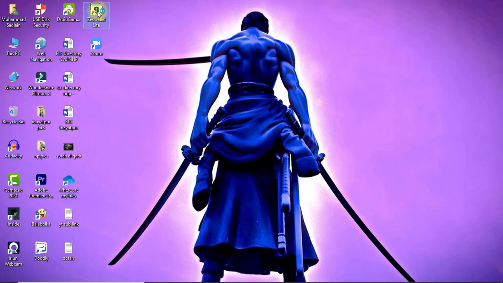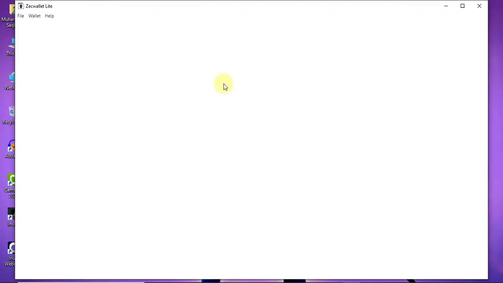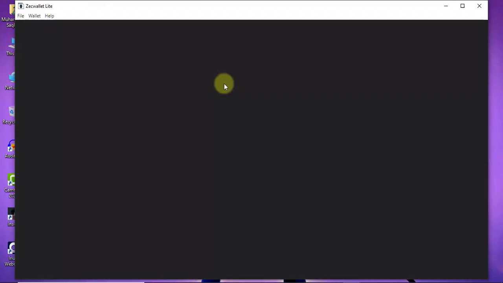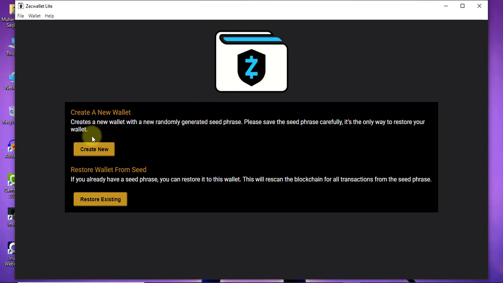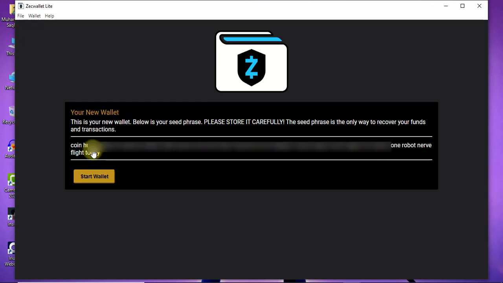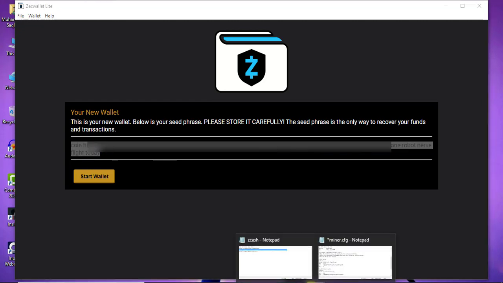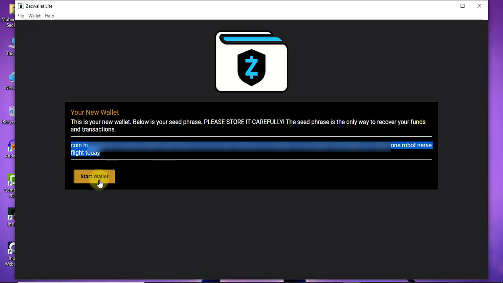Let's open it to get our address. Now create a new wallet. Copy your seed phrase and save it to a secure location. Now start the wallet.